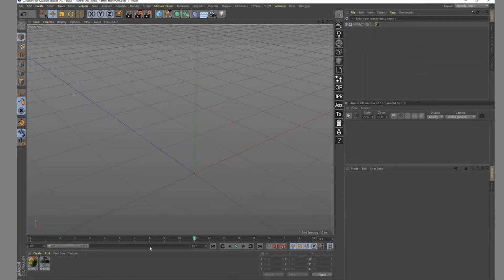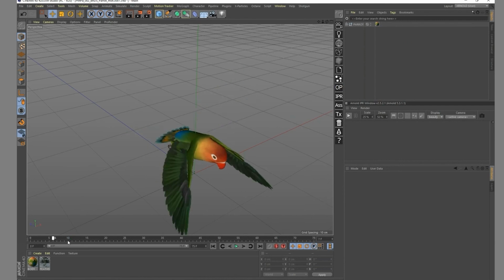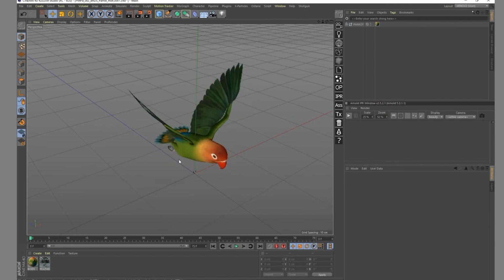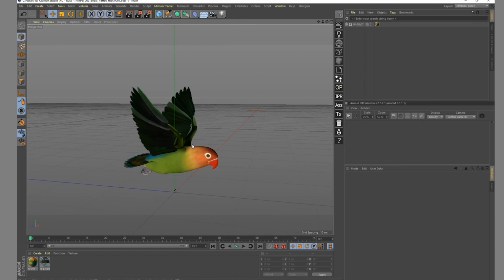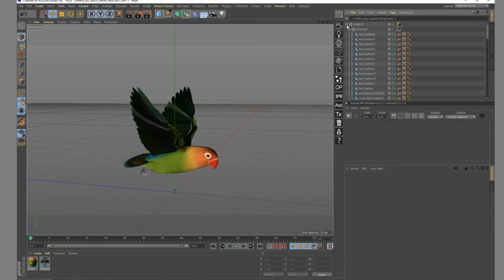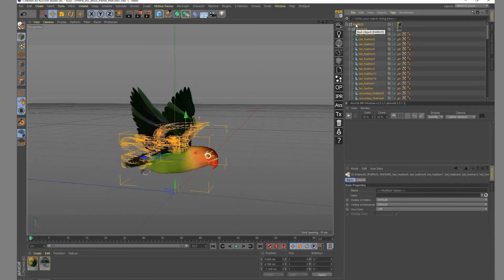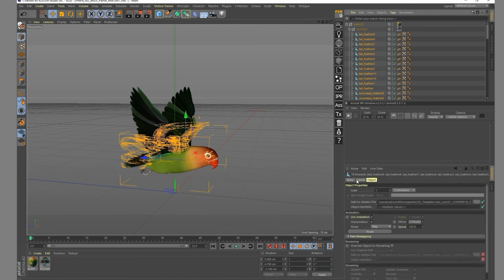So first things first, what is it looking like? It's a simple animation where it's just one sequence of the loop itself. So the first thing I need to do is select everything with a middle mouse click, deselect my null object, and now I have my 79 elements, which are all Alembics, and I can put the mode, instead of play, I'm going to put that in loop.